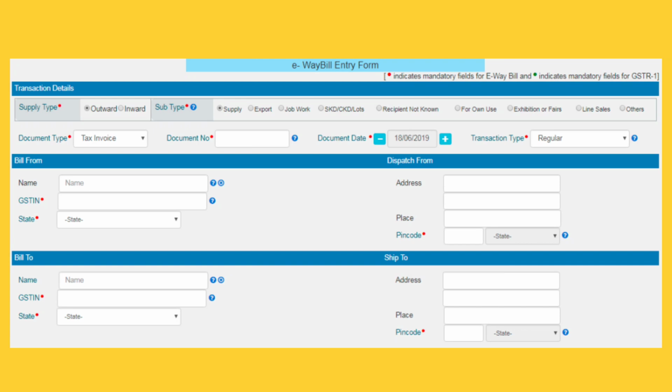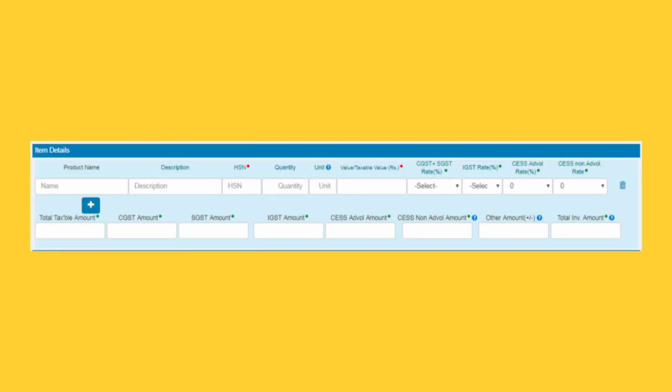Enter name, GSTIN and address of the entity under the bill from and bill to section as well as dispatch from and dispatch to section. For any unregistered person, mention URP in the GSTIN field, commonly for exports or imports. Add the details of consignment, that is HSN code wise, product name, description, HSN code, quantity, unit, value or taxable value, tax rates of CGST, SGST, IGST, tax rate of cess if any charged.